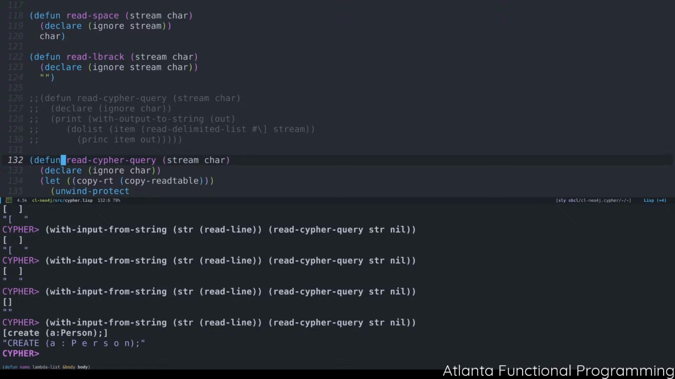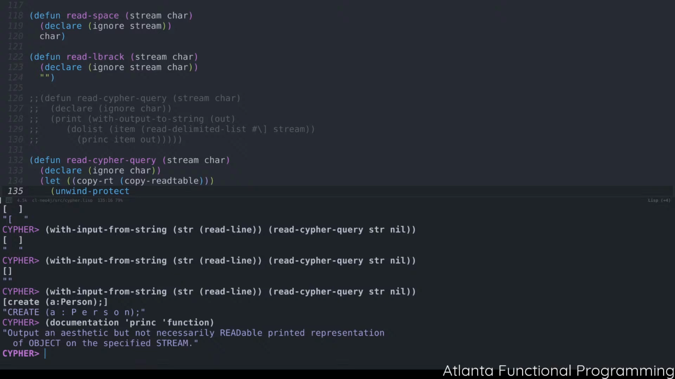prink for some reason. So for folks who don't know what prink is, it stands for print character. It takes whatever Lisp object you're providing, and it actually spits it out into the output stream. So to show you what prink does, let's quickly go to the documentation. Output an aesthetic but not necessarily readable representation of an object onto the stream. Okay, so what we have to do is